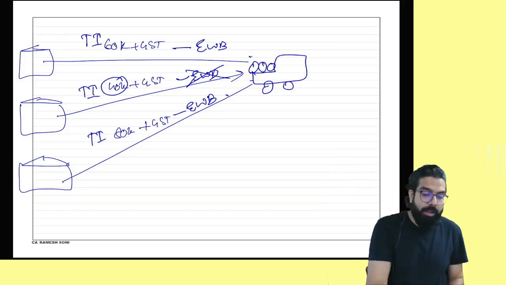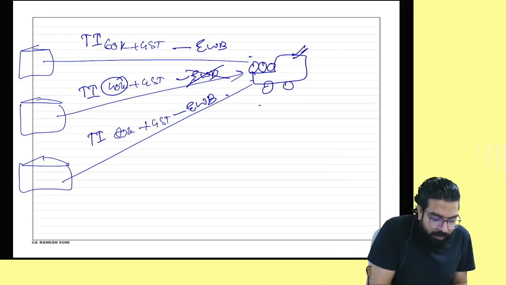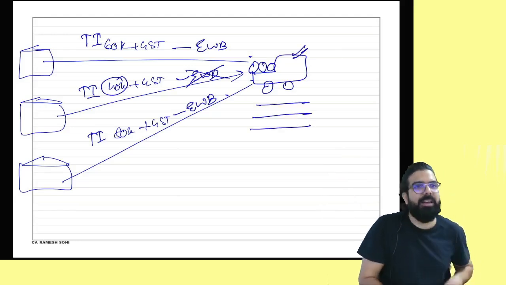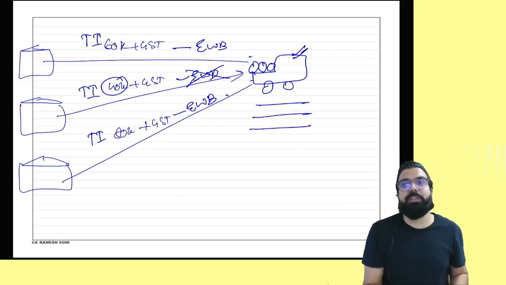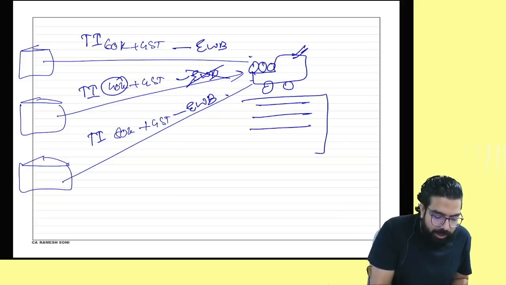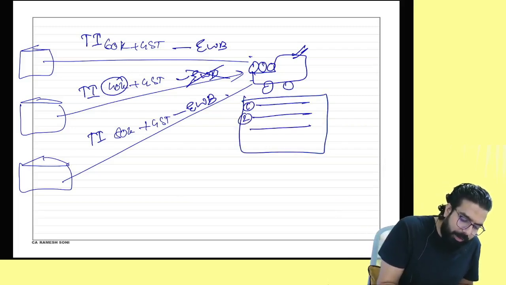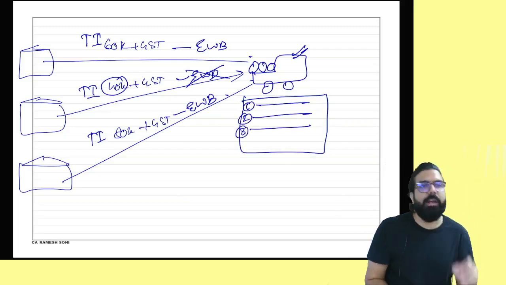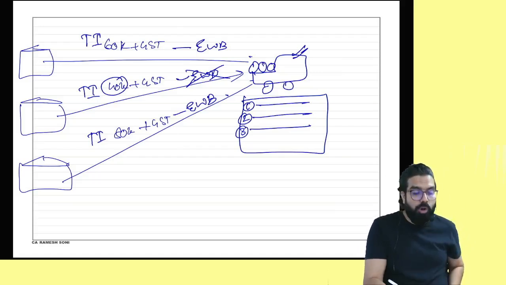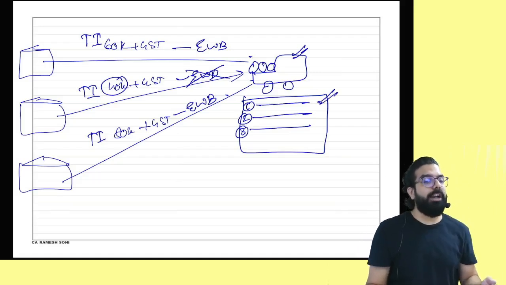But listen, I am the transporter, no? If I have 1 eBay bill, 2 eBay bill, 3 eBay bill, I will get confused. So what transporters can do is make one consolidated eBay bill, where they show eBay bill number 1, number 2, number 3, all the eBay bill details, and generate one consolidated eBay bill.